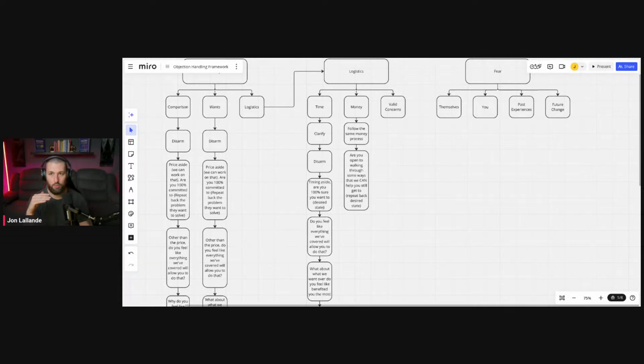And so what that could look like is, well, this all sounds great, but I need to count the money that I have in my bank account and make sure I've got the right amount of closing costs to be able to buy the house, right? It's kind of a money objection, but it's like, okay, that's valid. Or let me think of some other examples we've actually had. This is another one we've had recently, and these are actually the easiest to overcome because they're pretty straightforward, right? Now we do need to isolate them first, but they're pretty straightforward.